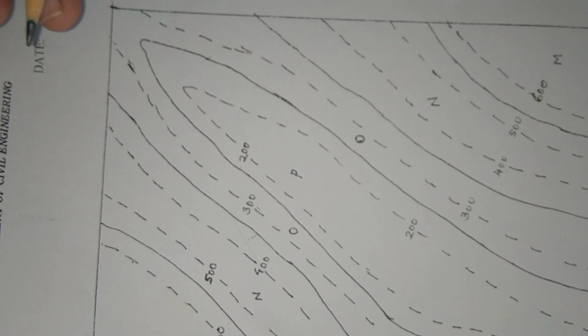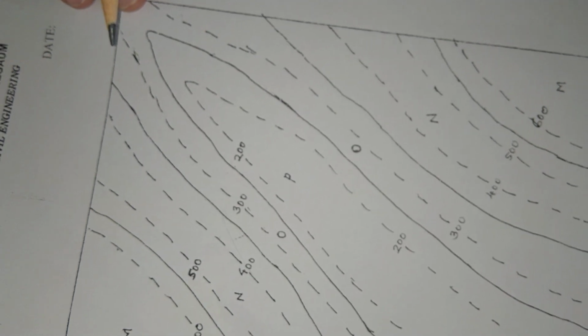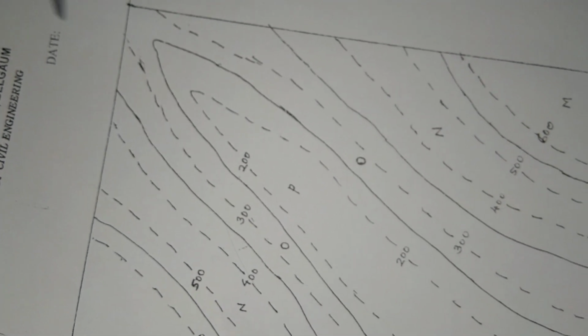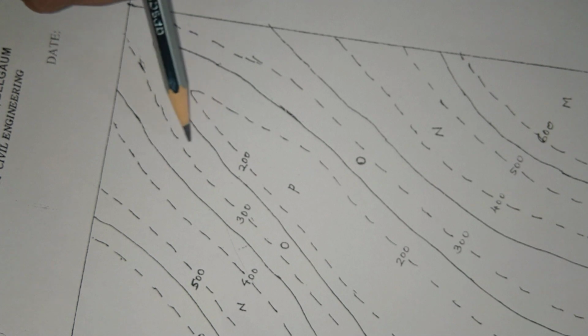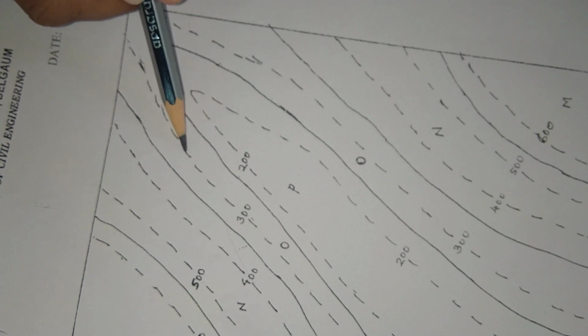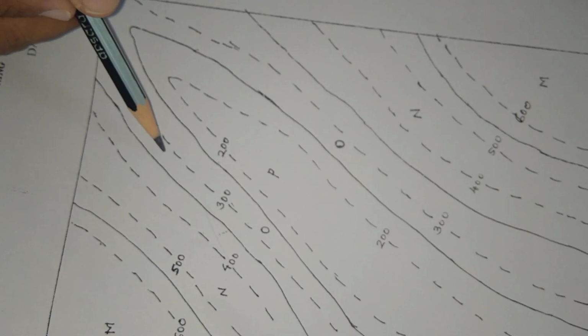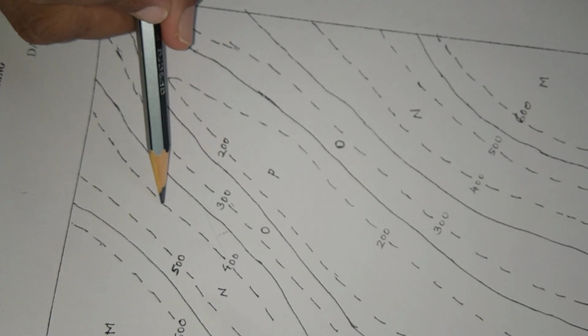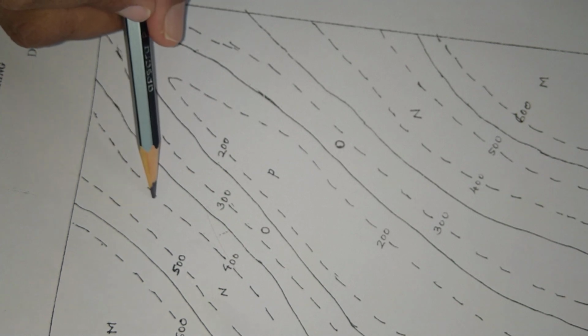Here we will first start with the basic map, that is a map of horizontal beds. How do we identify whether the beds are horizontal or inclined? This is based on the relation of the bedding planes and contour lines. So let us first understand what a contour line is. Contours are imaginary lines joining points of equal elevation. On the map they are always represented with a dotted line. These dotted lines on the map are the contour lines.